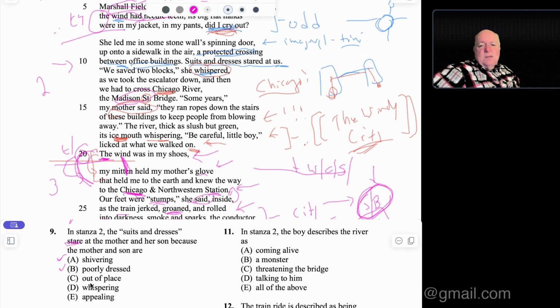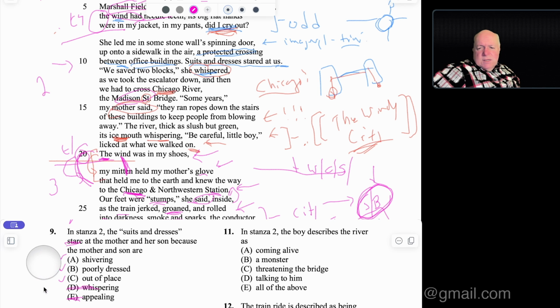They were out of place. Yes, they were definitely out of place, right? No matter how they were dressed. They were whispering. So do you think the office people looked at the mother and the boy because they were whispering to each other? No, that's kind of the silly answer, so it's not D. What about appealing? So I mentioned that people were probably looking because maybe the kid was cute, or they were like, oh, that's kind of interesting, just a mom and a kid there. That's a nice thing to do, whatever. But it also just seems like that's not what's going on here, right? They're asking you, what is the essence of why they were being stared at? It wasn't because they were appealing, okay?